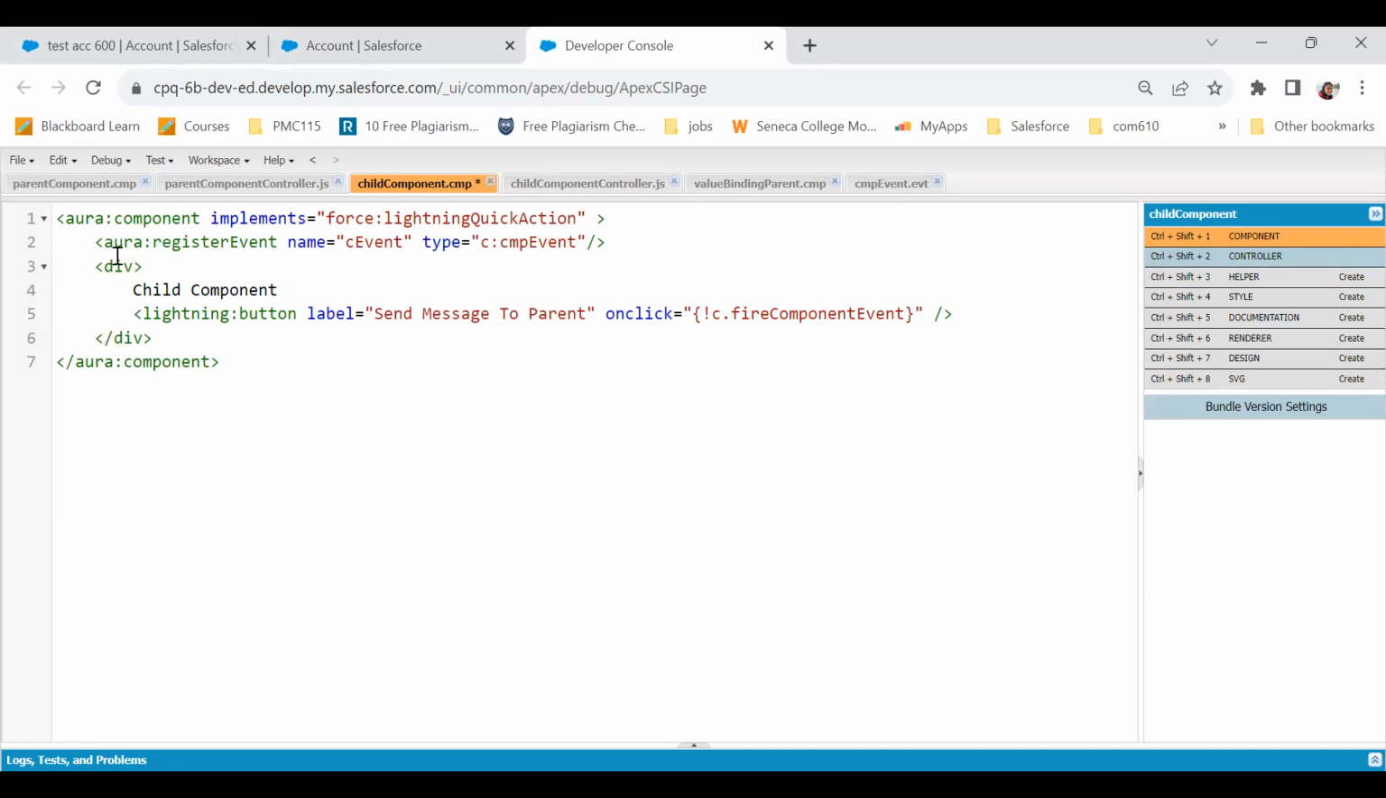is this: aura:registerEvent, name equal to whatever name that you want to give, and type equal to the name of that particular event. So we have given the name as CMP event. That is why c:CMPevent. Now, because I've registered this event, I'll be able to fire this component event. Now, in my fire component event method, what am I going to do is